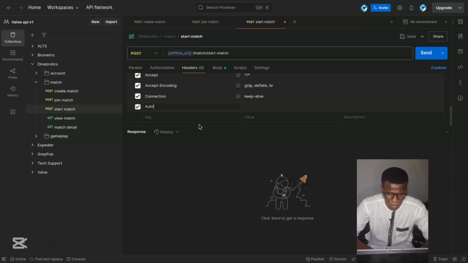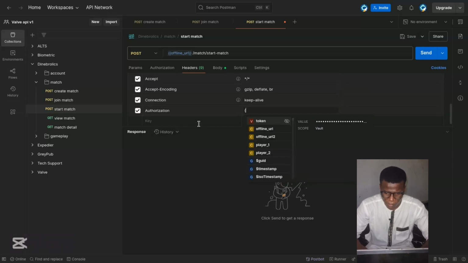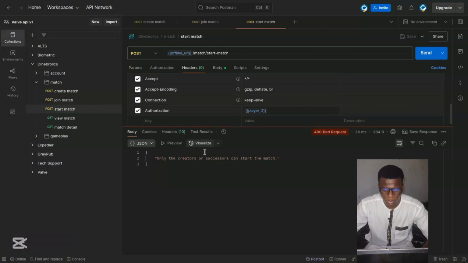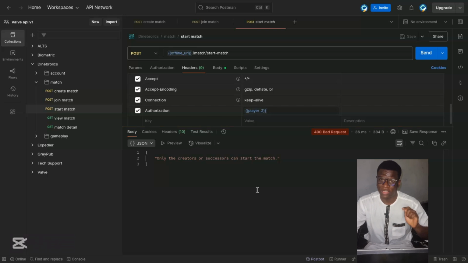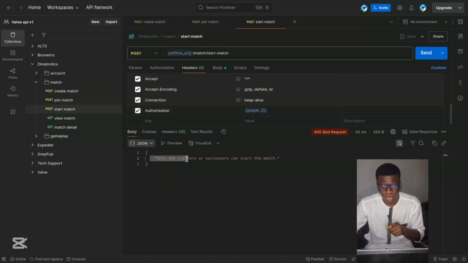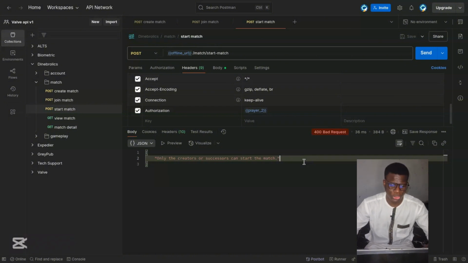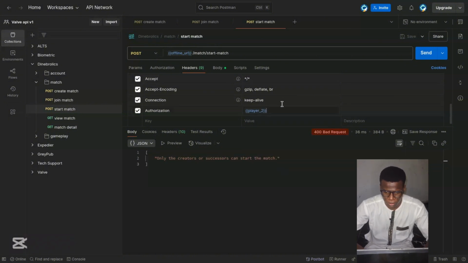So for example, let's say player two. Remember, player two can't start the game because the creator, that is player one, is still connected. Like it's still active. You can still see him in the game lobby. Only the creator or successors can start the match. Successors are those guys that are there after the creator. So in case the creator is not there, like I said, they get to replace that position. Or since player one is still there,